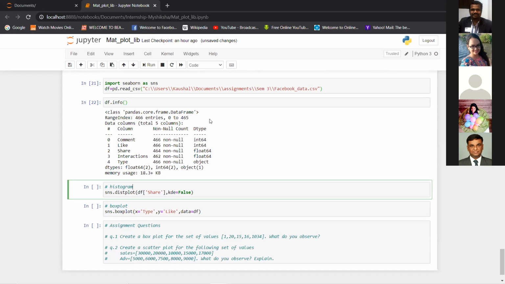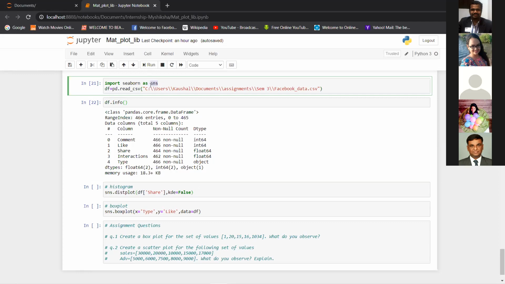Let's just see 2 examples of simply how you use the Seaborn library on data frames. So if you have come till this point, I will try to run this for you. I am importing the Seaborn library as sns.